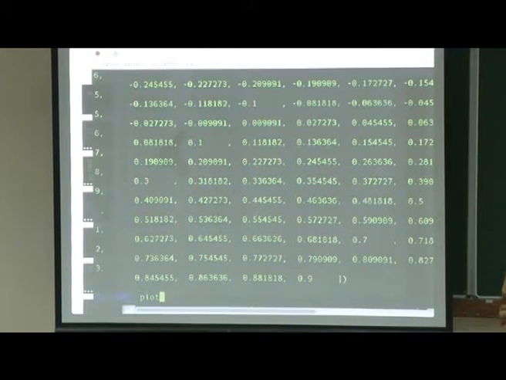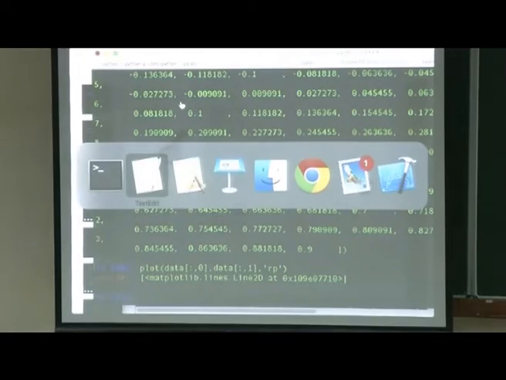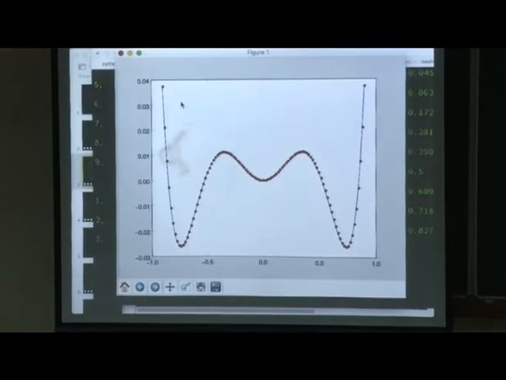Let us plot this. This is x and this is y, and let's plot it with rp. So it retrieves the same data.